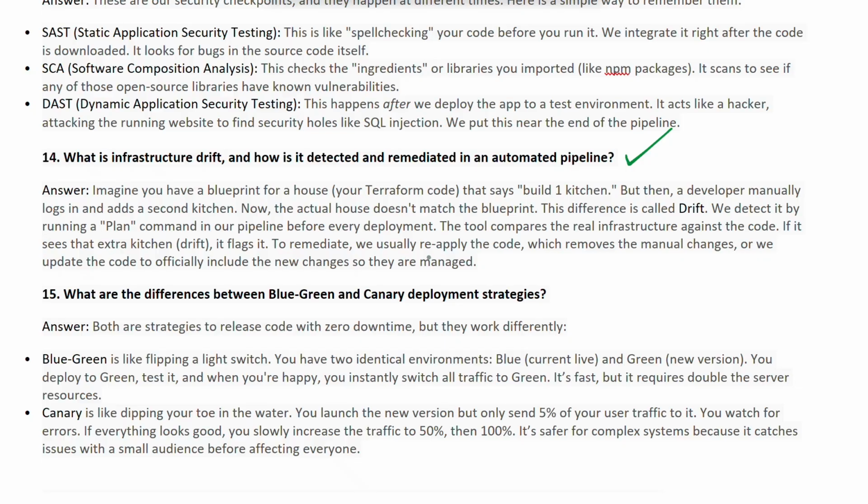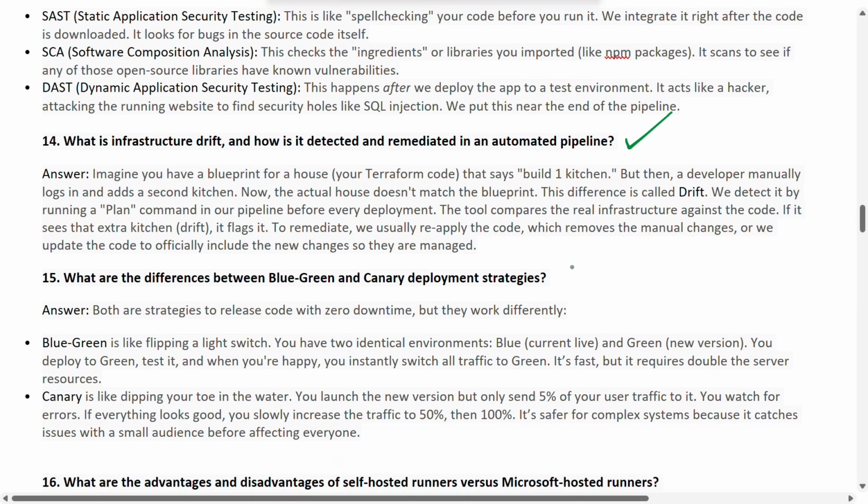To remediate that, we usually reapply the code, which removes the manual changes, or else we update the code to officially include the new changes so that it can be managed. So this is what drift is and how it can be remediated in automated pipelines.